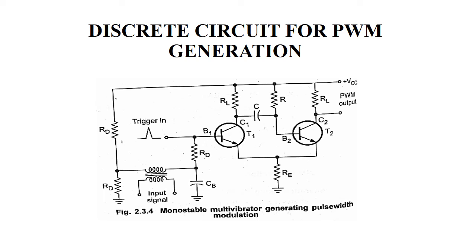If the signal voltage is maximum, then the voltage that the capacitor should charge to in order to turn on T2 is also maximum. Therefore, at the maximum signal voltage level, the capacitor has to charge to the maximum voltage, requiring the maximum charging time. This gives the maximum pulse width at the maximum input signal voltage. At the minimum signal voltage, the capacitor charges to a minimum voltage and we get a minimum pulse width at the output.